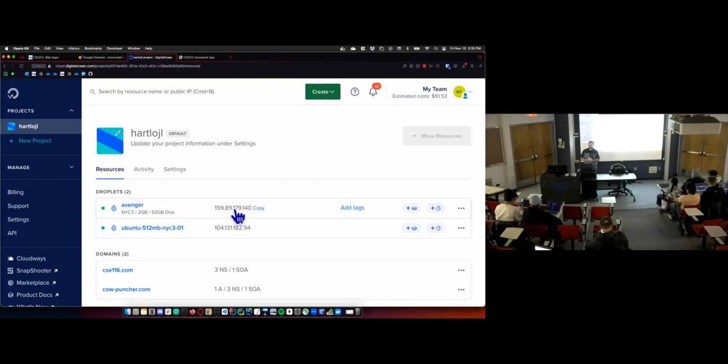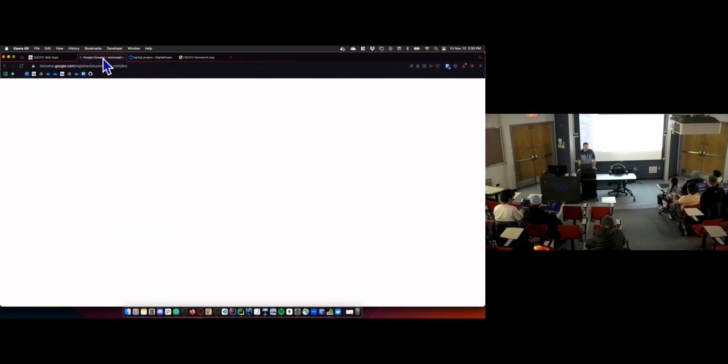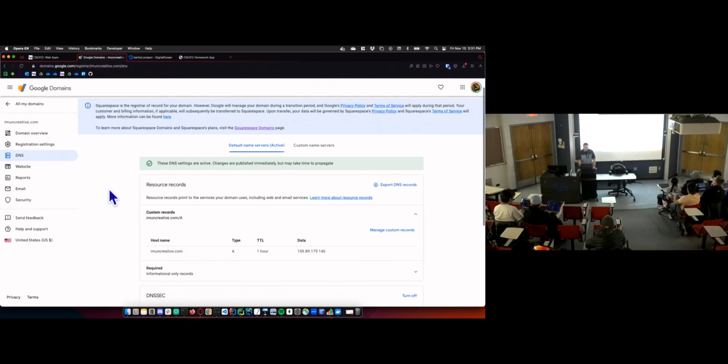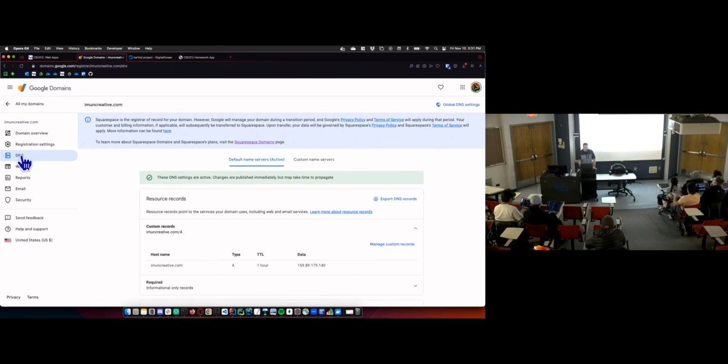A DigitalOcean droplet is going to give you your own machine, a virtual machine, of course, but it's going to give you your own machine with a fixed IP address, and you have free reign over that machine. You can do whatever you want. This is one reason I like DigitalOcean, it just gives you a machine and you do anything. You have root access, you have SSH access, you do whatever you want with this. But you only have an IP address. So when you get your domain name,